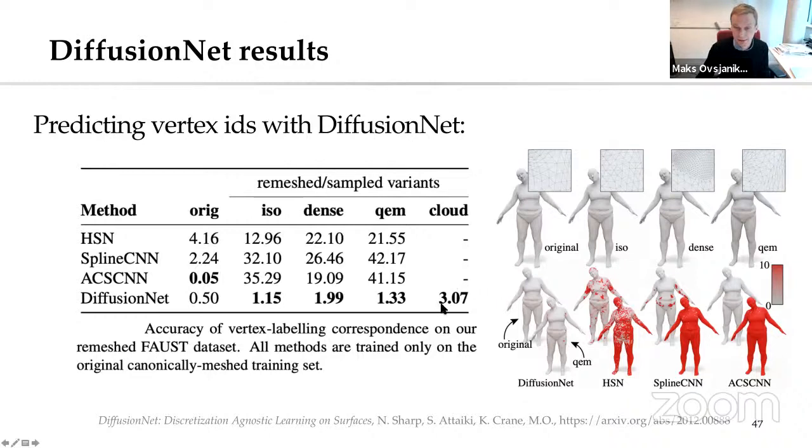And here is also an interesting result: we trained on the original shapes, but then we applied this trained network on the sampled point cloud, and we use a point cloud Laplacian to compute the diffusion. And even there, the error is significantly lower than what you get with other approaches. I think this is because we have only two very simple building blocks, diffusion and gradients, and it helps to gain robustness to changes in triangulation. So yeah, these are the results of diffusion.